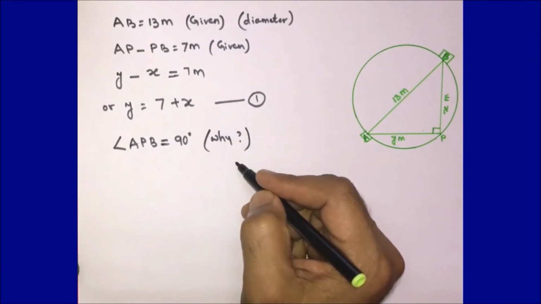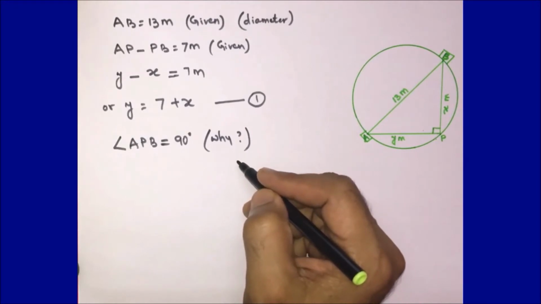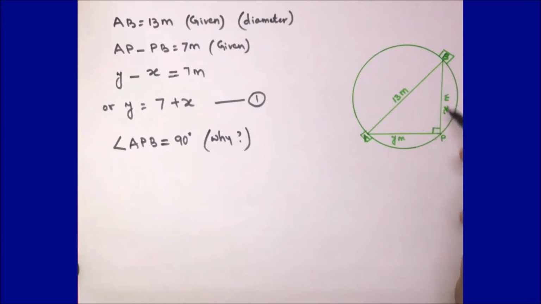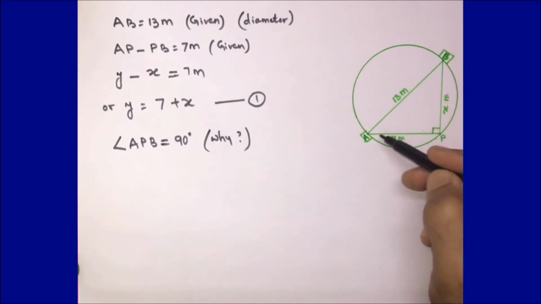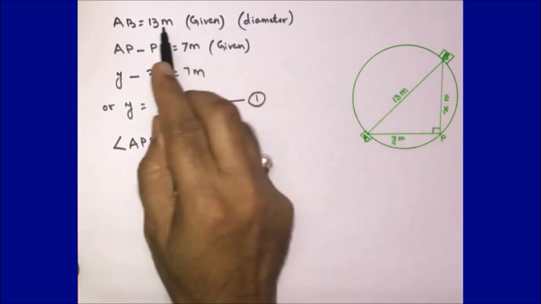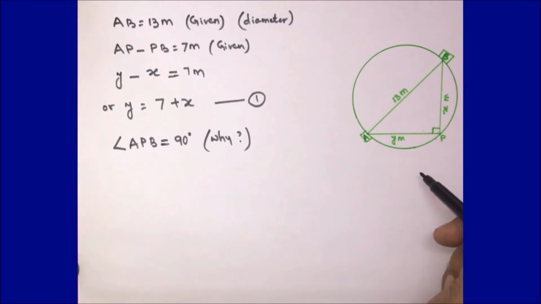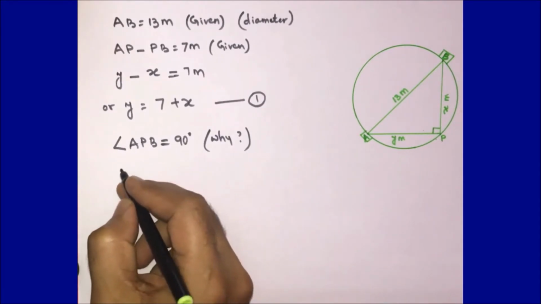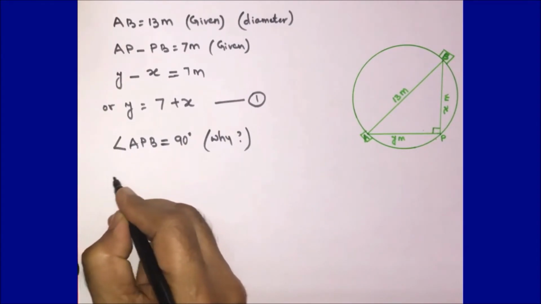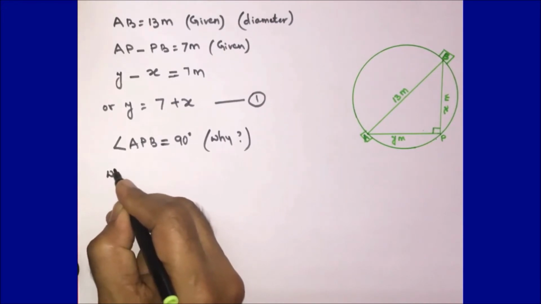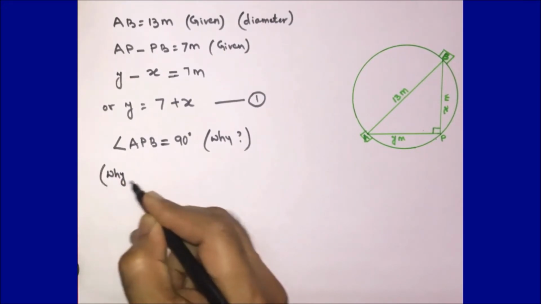Guys, we very well know that if we draw a triangle inside a circle, keeping the diameter as its base, then, if you remember, I have written here diameter, the resultant triangle that is formed becomes a right angled triangle. Let me note it down so that it would be very clear for all of us, and we will not forget, because this is one of the most important rules.